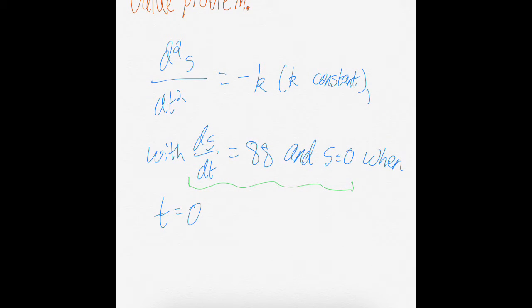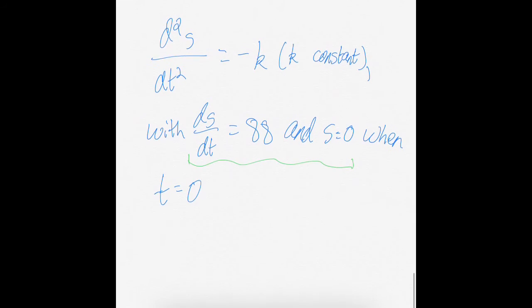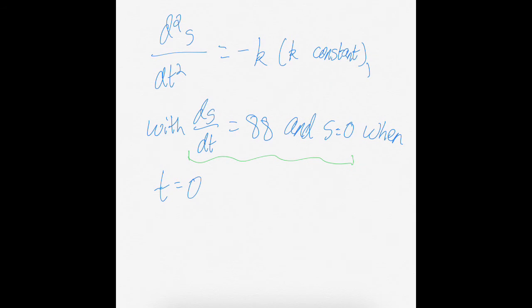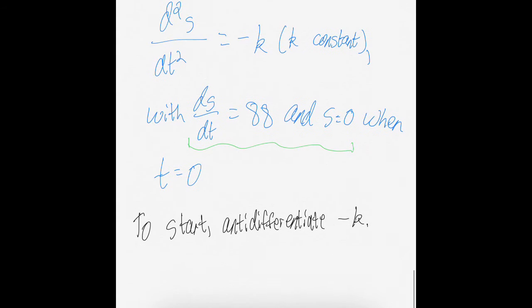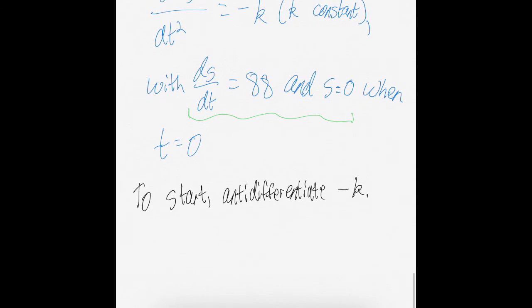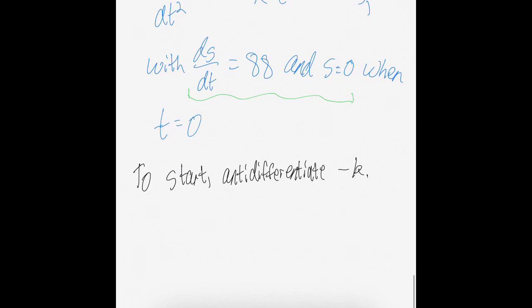when t equals 0. I think part of what threw me off the first time I saw this problem was that these 2 things both have to be true whenever t equals 0. When I first did this, I thought that only s equals 0 when t equals 0. But we also need that ds dt to be 88 whenever t is 0. So the way that we're going to start, we're going to integrate